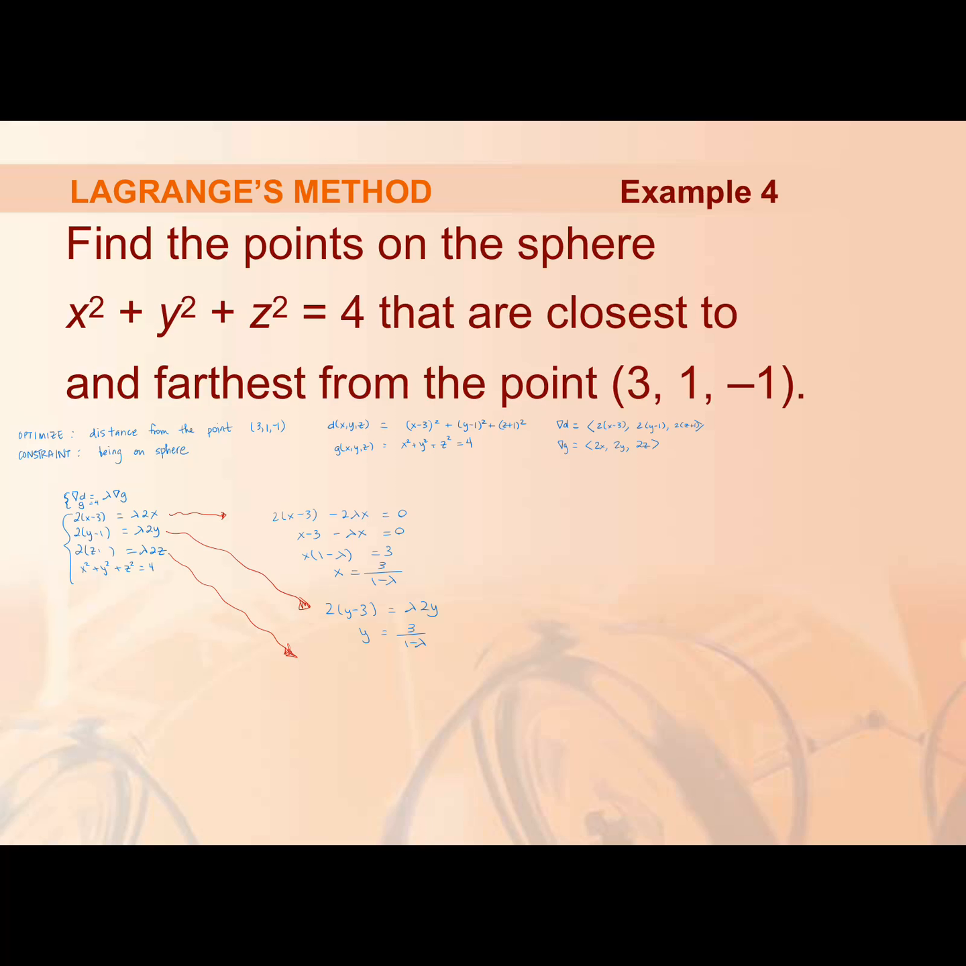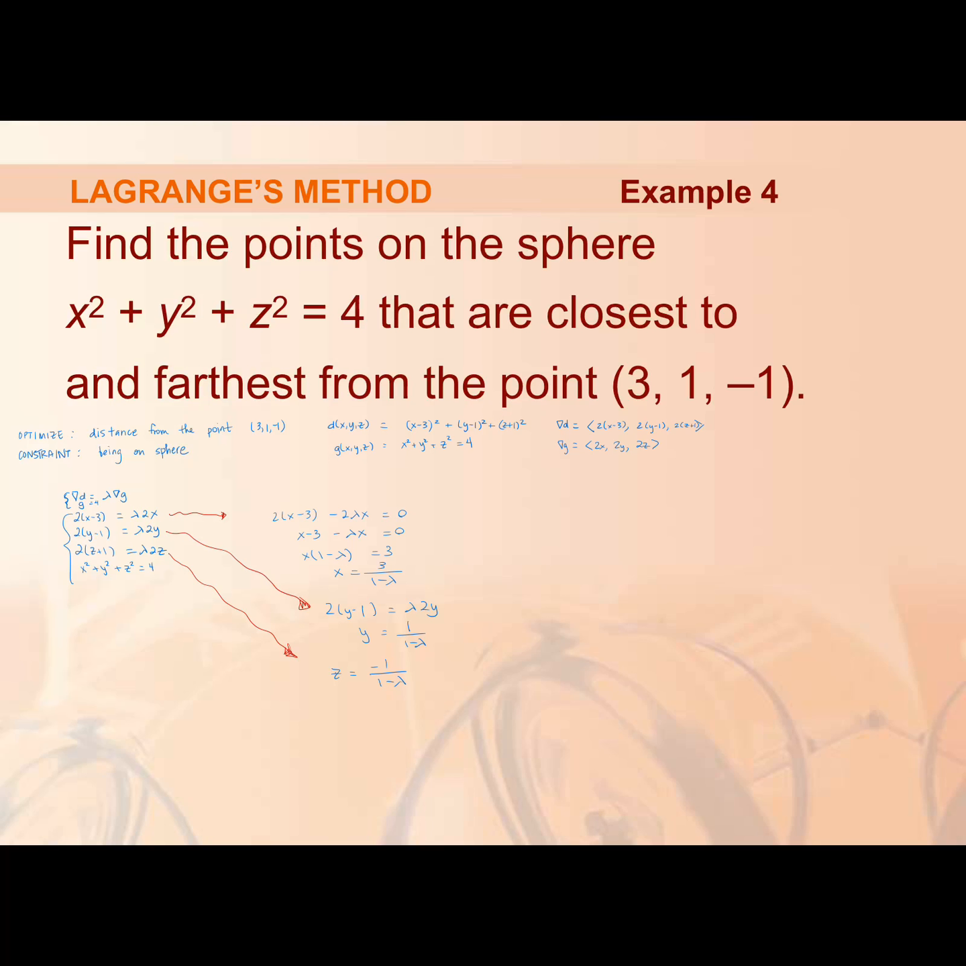Y minus 1, z plus 1. So change this to minus 1. So up here should be a 1. And then for the z, we should get z plus 1. So it should be z equals negative 1 over 1 minus lambda. Okay. And so now that we've got that,